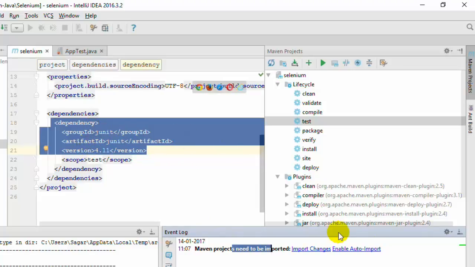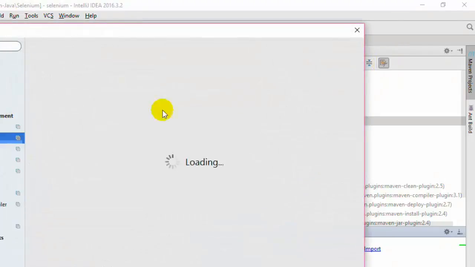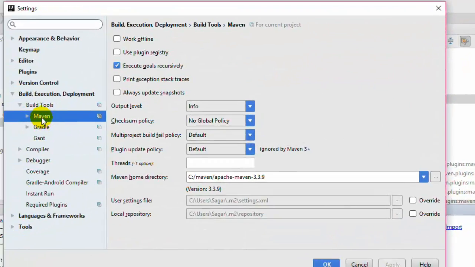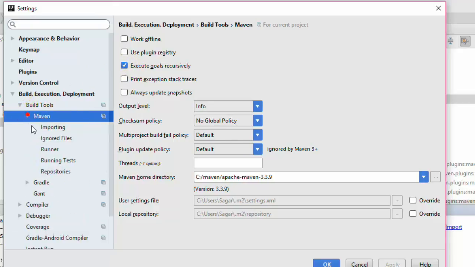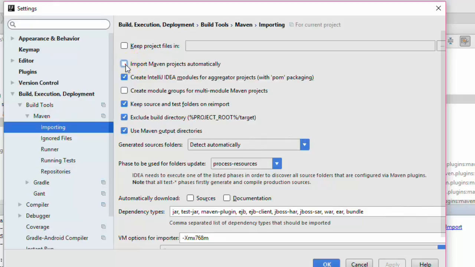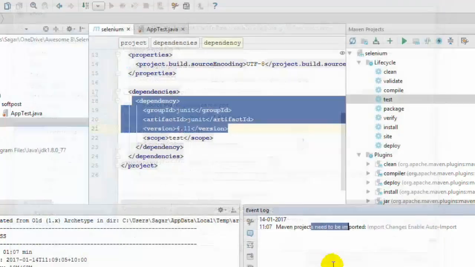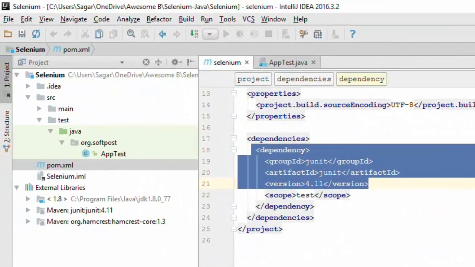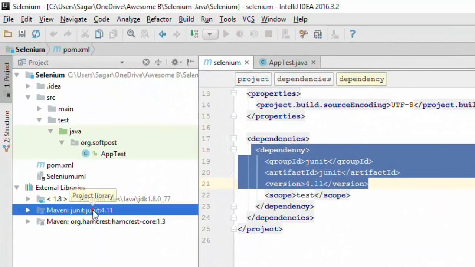So for that you have to change the settings, and for that you have to click on this button, Maven settings, and there you will go to the Maven window over here, and in here what you have to do is just click on Importing, and there click on Import Maven projects automatically, click on Apply and then click on OK. You can notice that it is trying to import the Maven project, and this dependency is also added over there,